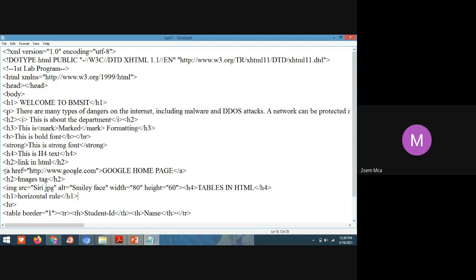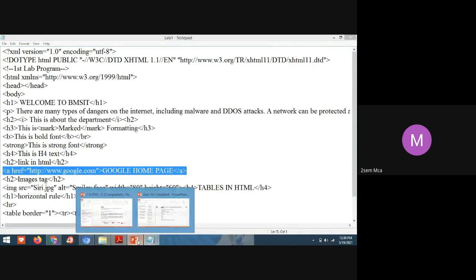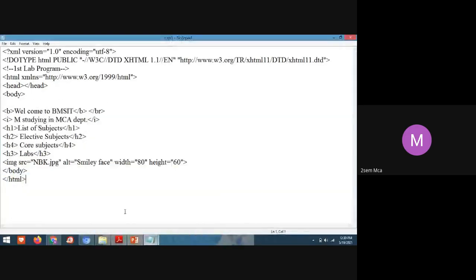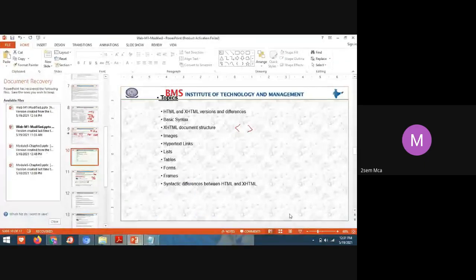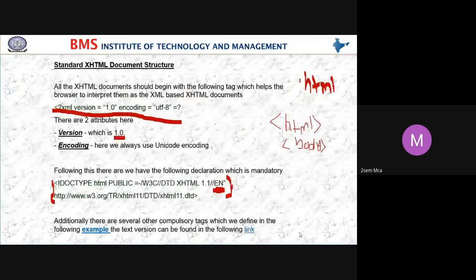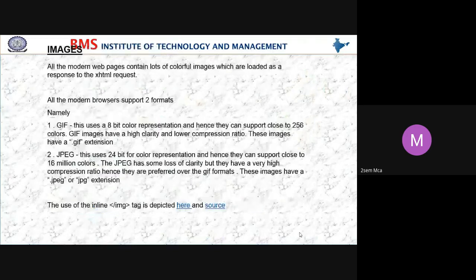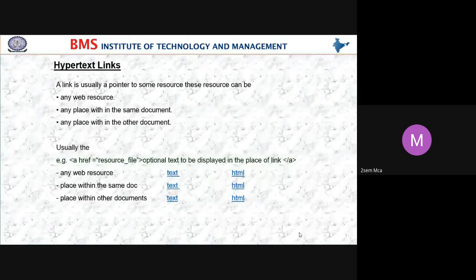And one more very important tag, that is the hyperlink or hypertext link.